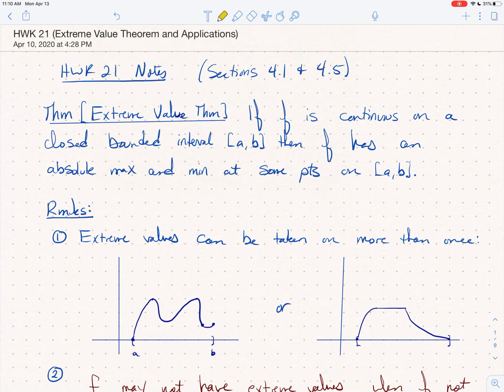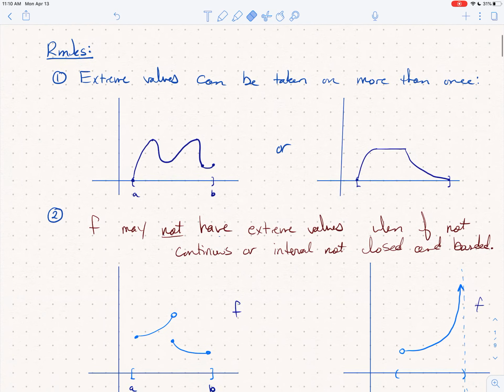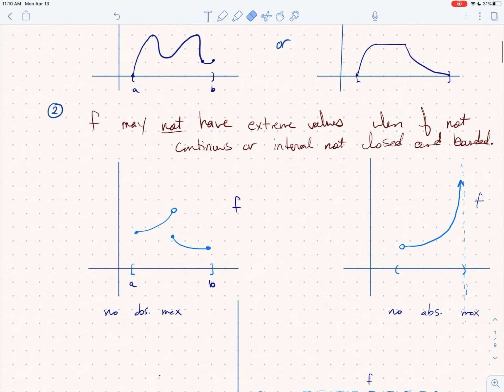Let's just sketch a couple real quick in yellow. So here is a function that has an absolute max, and yet the interval, let's say, is going from 0 to infinity. Absolute max is clear. So you can have an extreme value in other situations, but please realize they're not guaranteed. You may not. So f might not have extreme values when f is not continuous or the interval is not